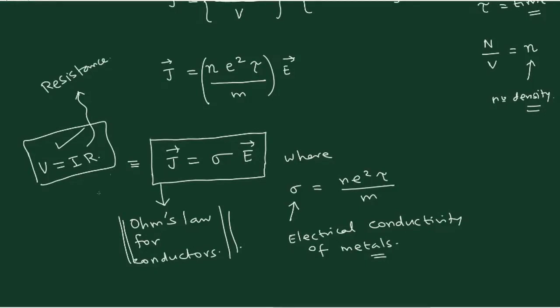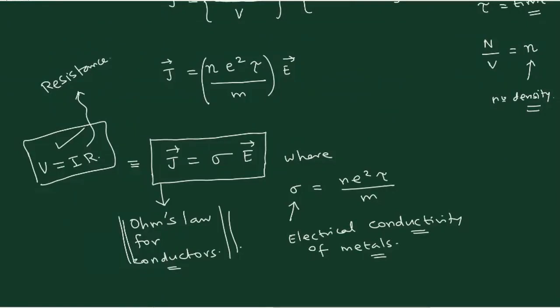But on the contrary, you see that in the case of conductors, we have a conductivity. So they are very similar: when R is coming into the picture in circuits, this is practically useful, and when you are dealing with the electrical conductor, this is practically useful. The name of the law is important, that it is the same Ohm's law for the case of a conductor. So this is our important conclusion from today's classwork.